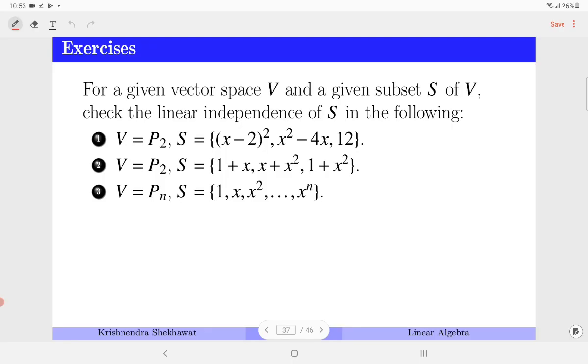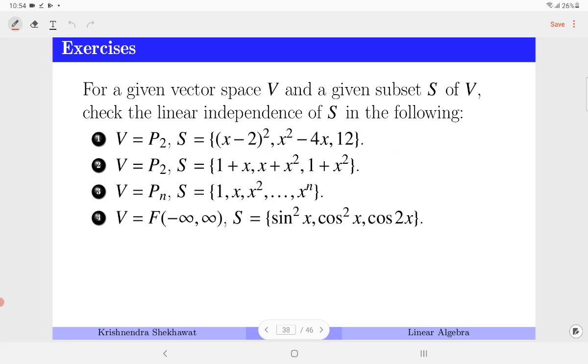If they have different powers, for example consider x cube and x square, you cannot express one as a scalar multiple of the other, because scalar multiplication means multiplying by a real number. You can multiply it by anything, but you cannot increase this power, and therefore they have different powers. You can directly write down linearly independent.